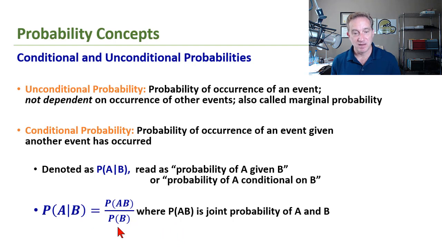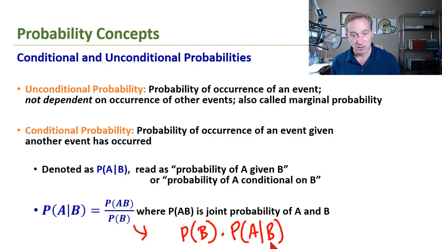But of course, we want to be able to rearrange this as needed. I'll just multiply each side by the unconditional probability of B and say that the unconditional probability of B multiplied by the probability of A conditional on B is equal to the joint probability of